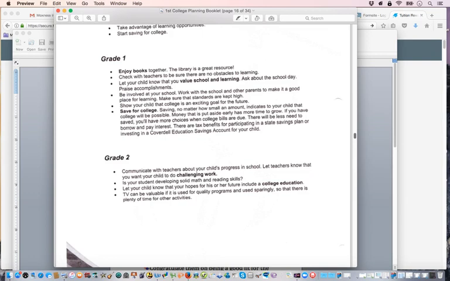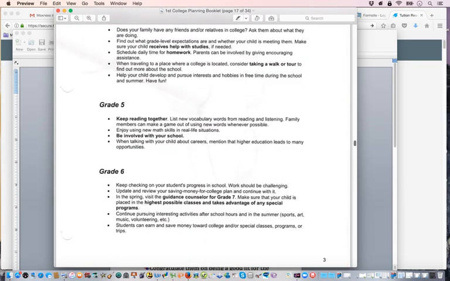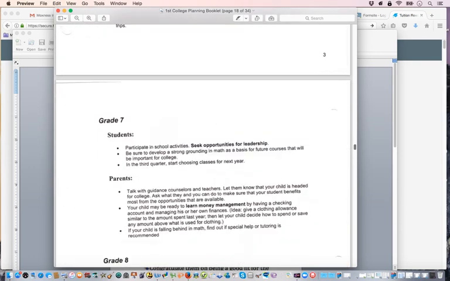And then grade 2, there's a breakout. Grade 3, grade 4, 5, 6, 7. They can actually start applying for scholarships going into middle school from age 13 all the way through the time that they graduate from high school. They can actually write private scholarships and essays in order to receive that money. Then they hold it back until they graduate from high school and send the money to the college for them.